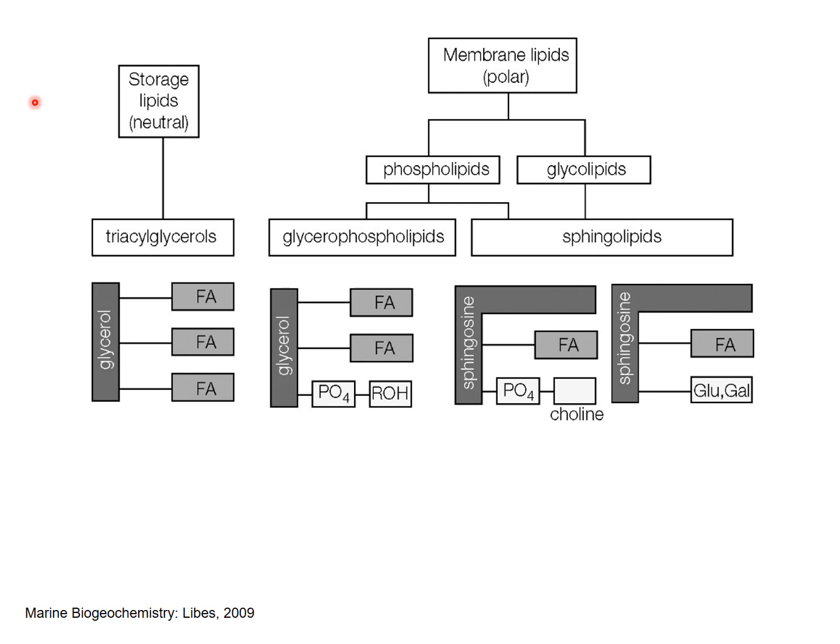In this case, we can see the glycerol backbone, so C3, and there are 3 fatty acids attached to it. And as we move over to the glycerophospholipids, there are just 2 fatty acids attached, and then we have the polar head group containing phosphate. In this case, we're talking about glycolipids, and so there are sugars involved, such as glucose and galactose, and we have this sphingosine backbone that also contains nitrogen. But once again, we do have fatty acids,